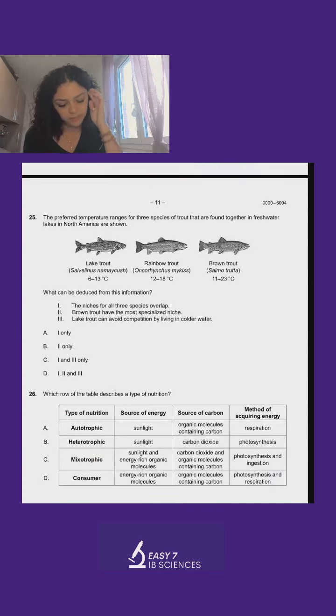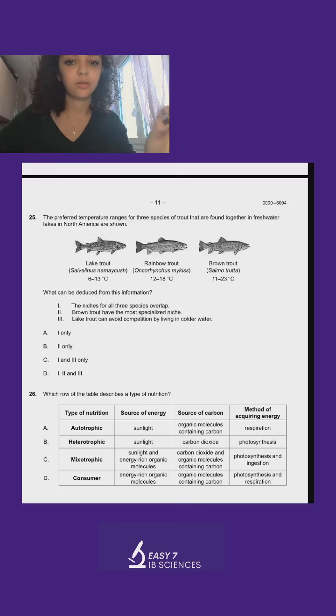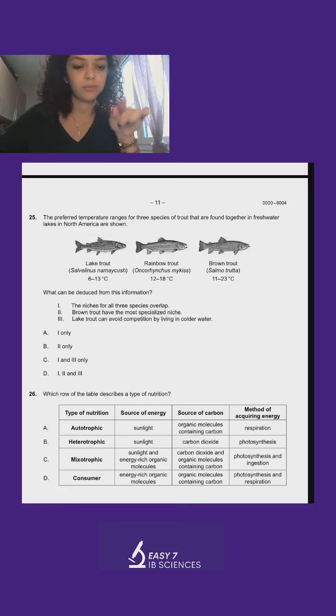It says the preferred temperature ranges for 3 species of trout that are found together in freshwater lakes in North America are shown. Lake trout, rainbow trout, and brown trout. What can be deduced from this information? And I want you to use that specific trick we used in the previous question. So if you're locked in, you remember the trick of canceling out the options to help you. If you do chemistry, this is very helpful actually, because